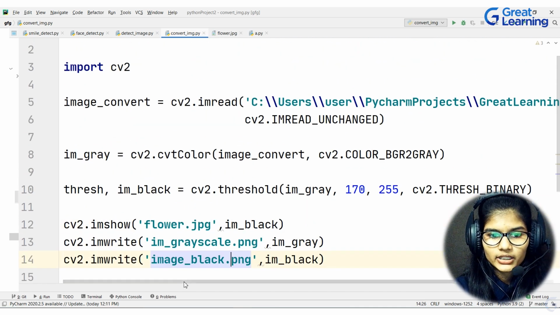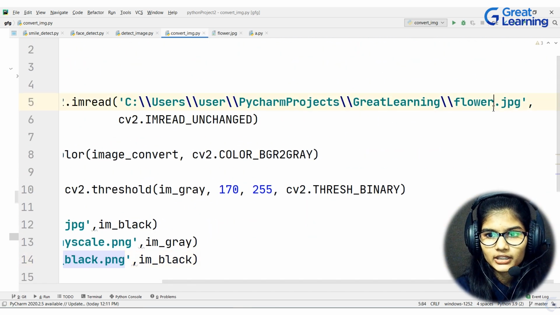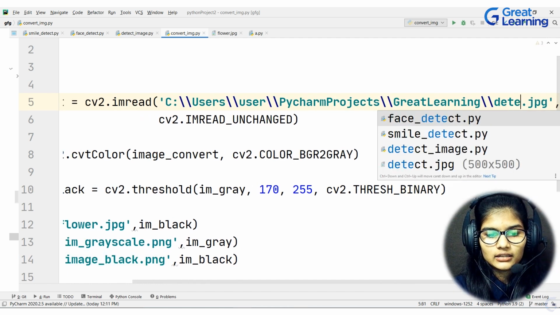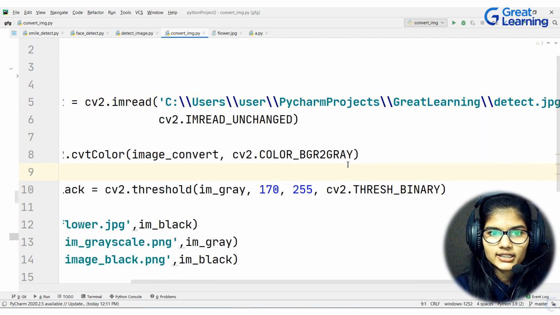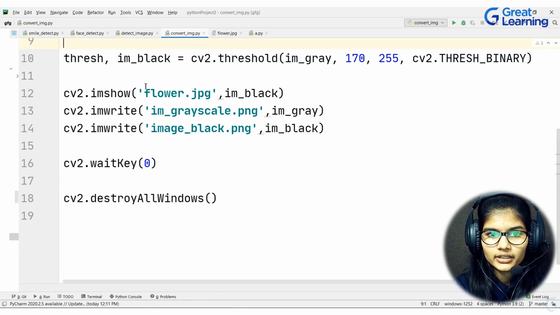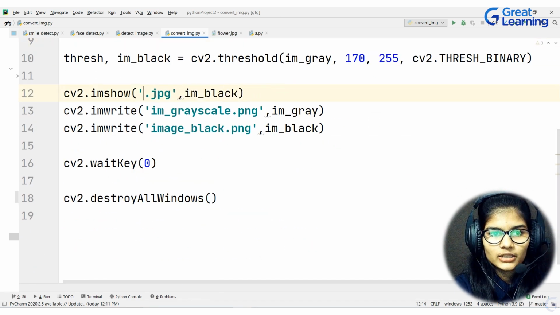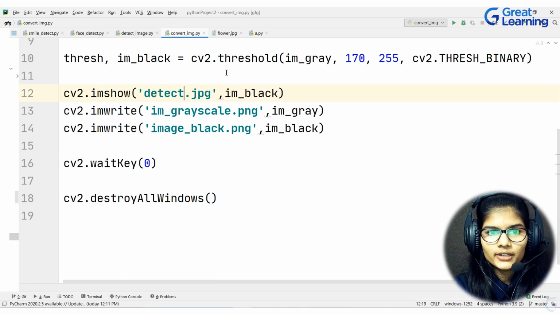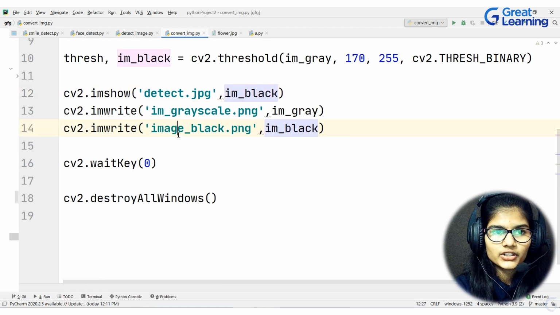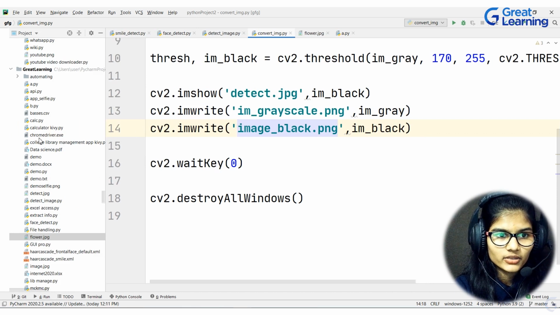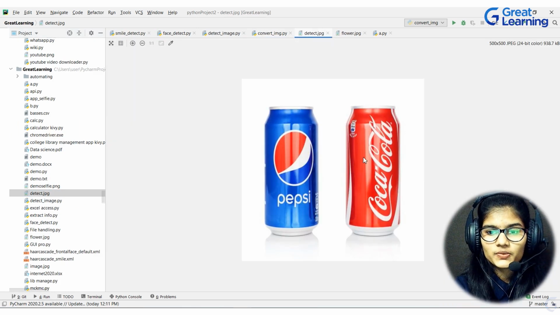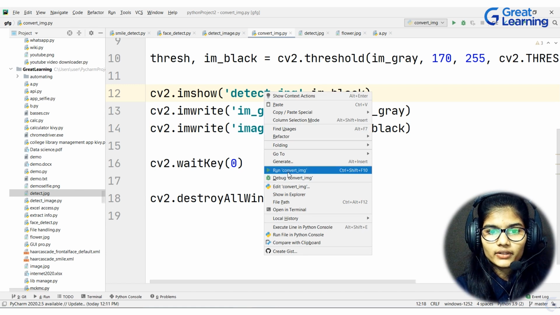Okay, if I close this one and I have this convert image, here I have one more image which we can use. I could use the name for that. It is detect. Okay, detect, and the same goes for here as well. I'll be writing the same detect. Okay, and now if we run that, first of all let me open that respective image for you. So yeah, this is my respective image which I am having here. Now what I'll be doing is running my program. So if I run that out,